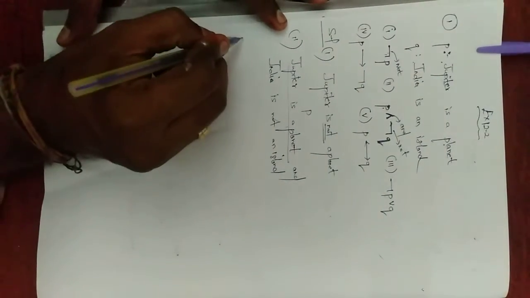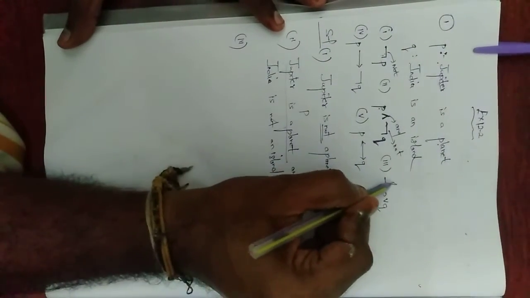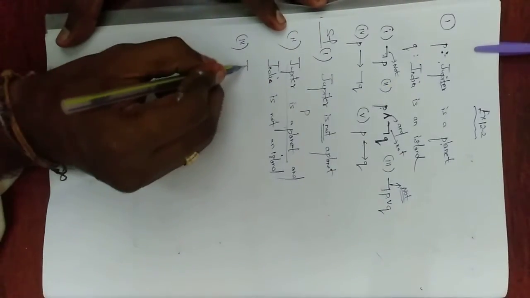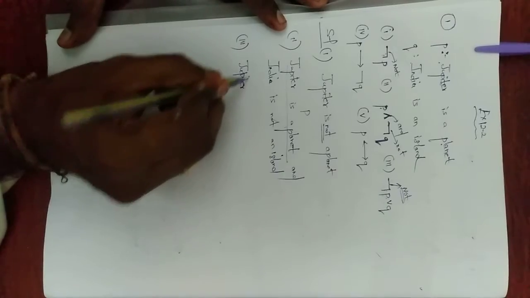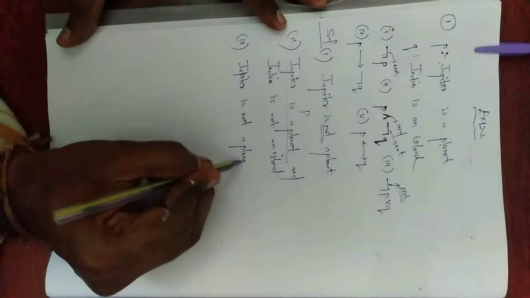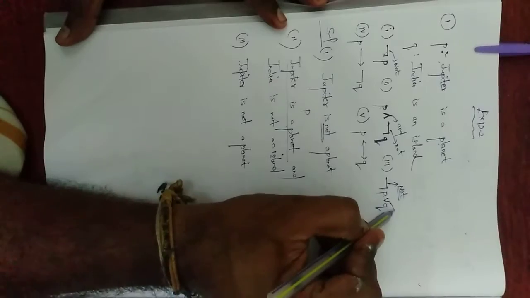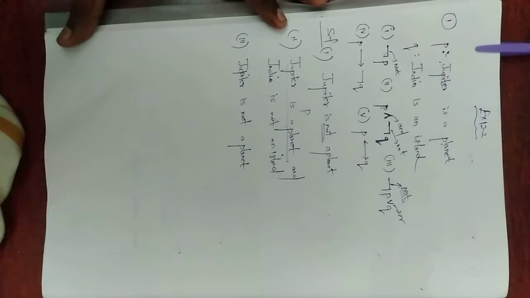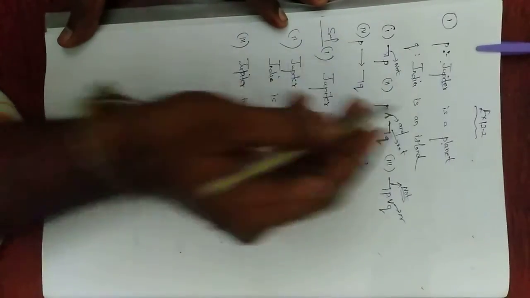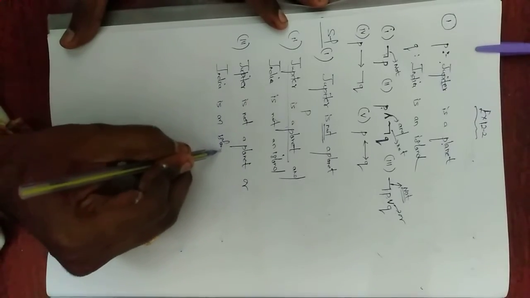Next we move to the third subdivision. Negation of P, so we need to use not. Not P means Jupiter is not a planet. Then what do you use? This is nothing but the OR symbol, disjunction. Use or. Q: what is Q? India is an island. Very easy sum.